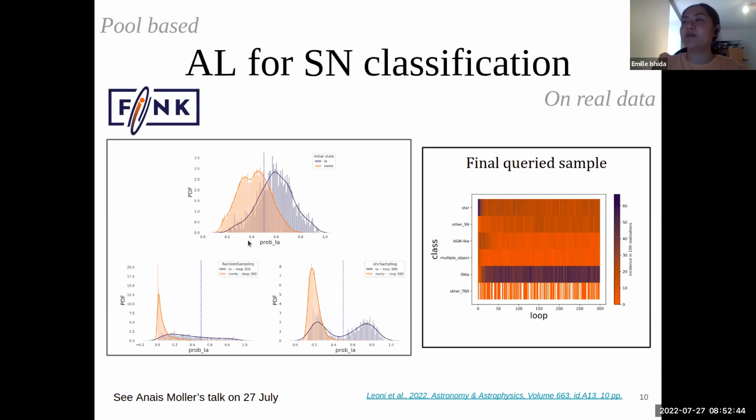On the left-hand side plot, you have distributions of Ia data from ZTF. This is real alerts from ZTF, cross-matched with SIMBAD and TNS. You see that in the beginning, you have the probability distribution of non-Ias in orange, and of Ias in blue, and you can see that in the beginning, they are quite mixed. If you follow a random sample strategy, the distribution has a very different shape than what happens if you follow an uncertainty sampling strategy,